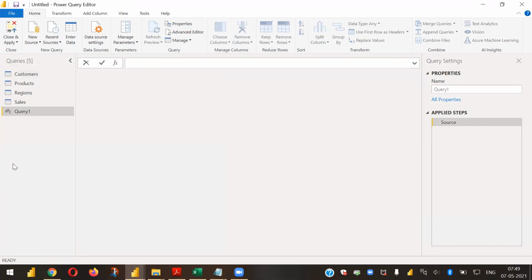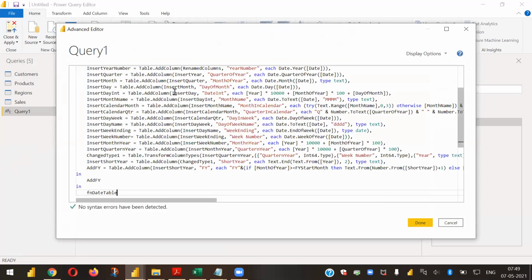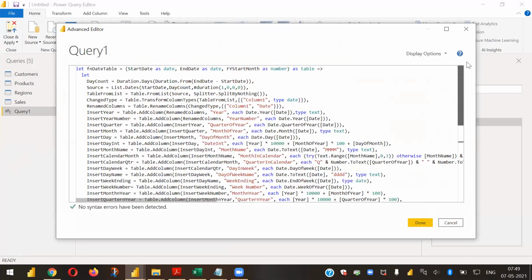Okay, the query has been opened, and it is giving me a formula bar to write a function. I do not want to do this. I want to go to the Advanced Editor, so click on Advanced Editor for this particular new query. Do Control A here, delete this so that nothing is there. Now press Control V and paste it. I just copy pasted the text right from that text file.